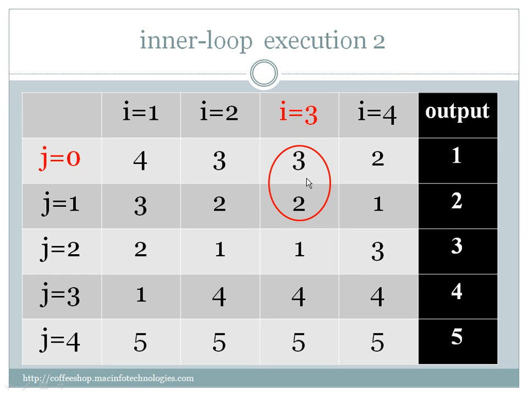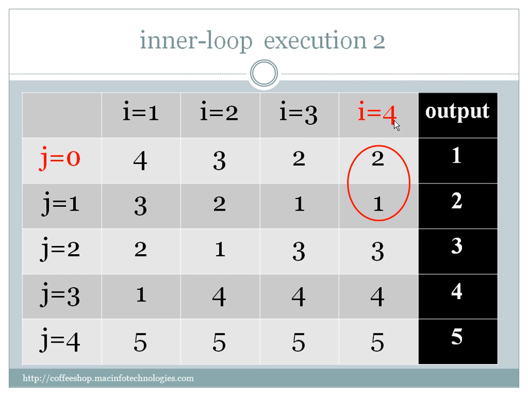So when I is equal to 3, the inner loop again starts, so j initializes to 0. Now a of 0 is greater than a of 1 in the if condition, so they get exchanged. After this iteration, the inner loop continues, j increments to 1, and again a of 1 is greater than a of 2. They get exchanged. Next it will not execute because j less than n minus I is 5 minus 3, which is 2. j less than 2 executes. Here j is 1, it executed; j is 2, it will not execute. So it goes to the outer loop, and I increments to 4.